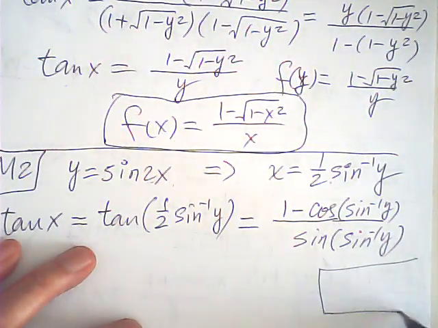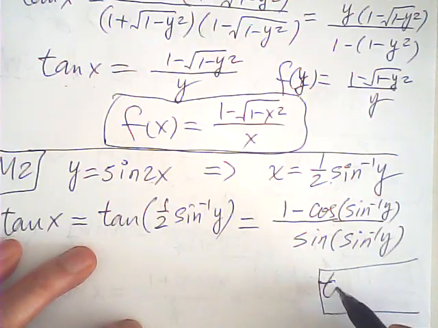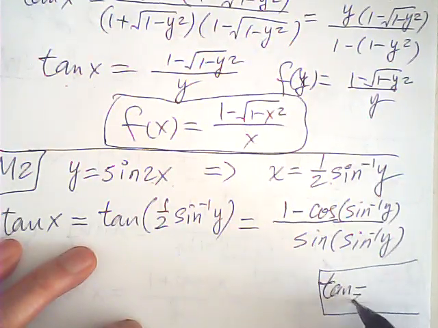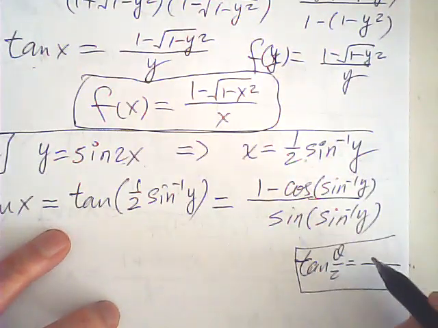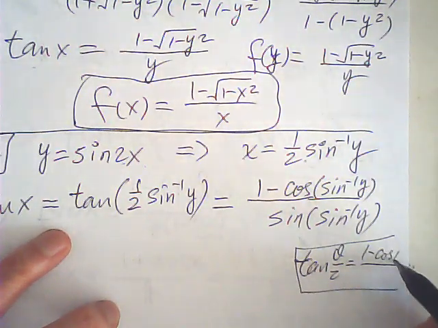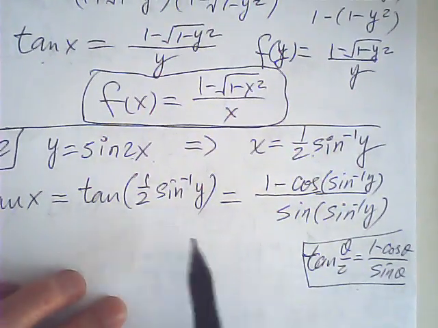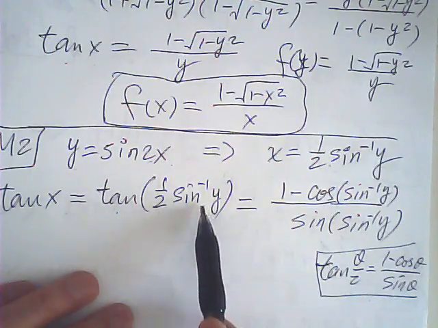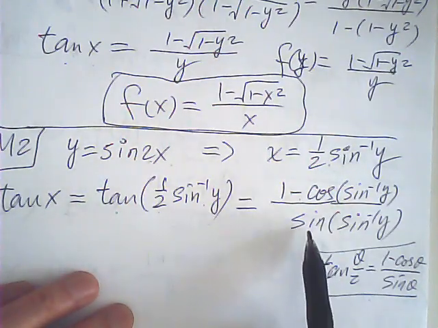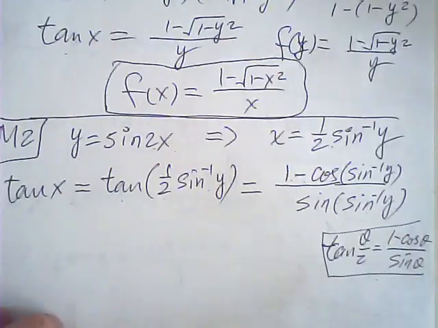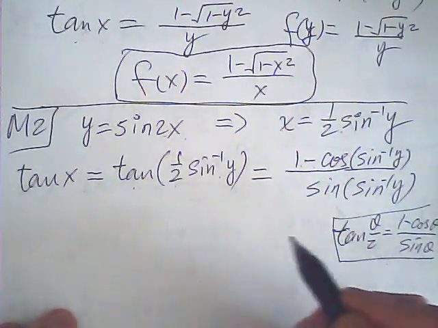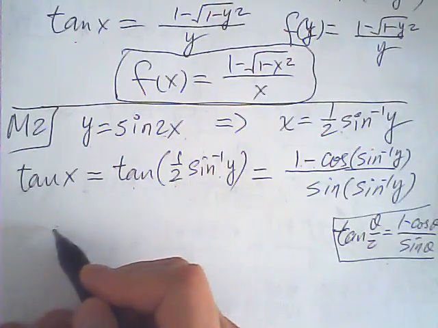Well, namely this, tangent half theta is equal to 1 minus cosine theta over sine theta. Okay, that's the formula. Tangent half theta is 1 minus cosine theta over sine theta. Okay, then this one is equal to,